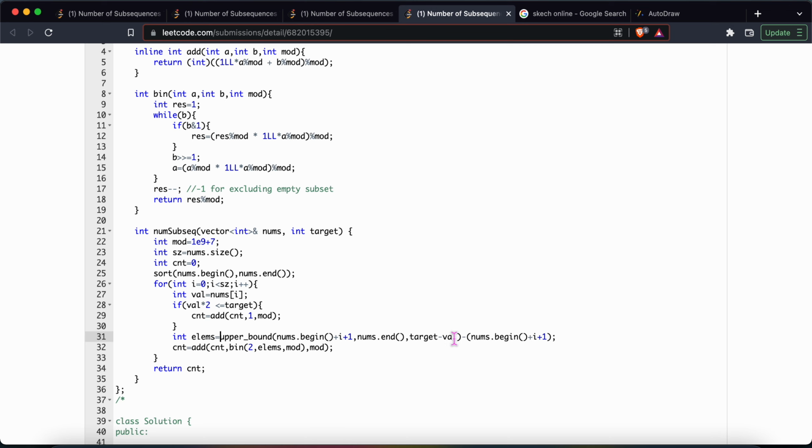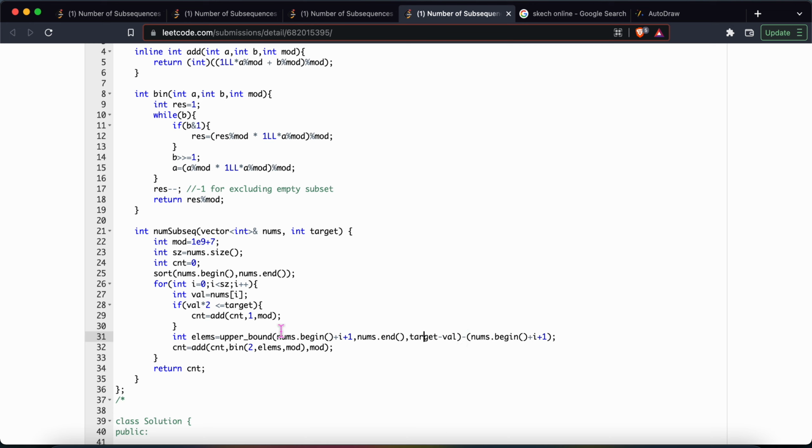an element, this element target minus value, in the range i plus 1 till the end of the element. You can see this nums.begin plus i. Plus i is the ith location, and when we do plus 1, that means we are one position ahead of the ith position. So we are trying to find target minus value in the range i plus 1 till the end of the array. So nums.begin plus i plus 1 and nums.end,